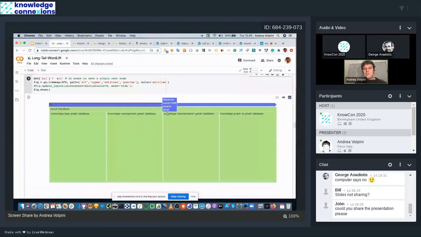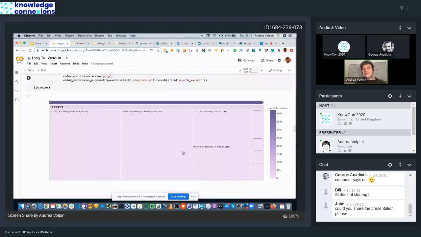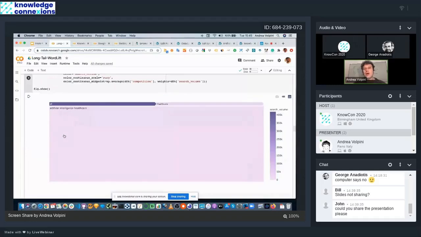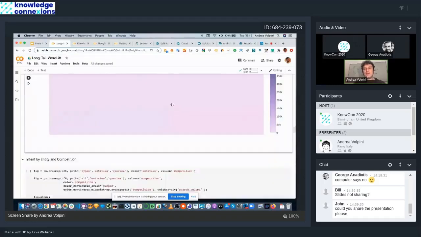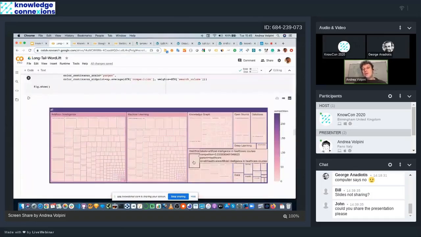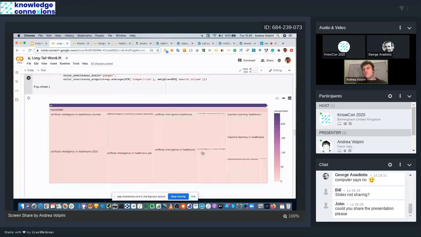Here I'm looking at the fact that there is volume, so there are people making these searches. And I do have content within the context of healthcare. Then I can choose, for instance, healthcare where there is less competition. So there is some volume. I have written about it because I do have entities related to healthcare, and